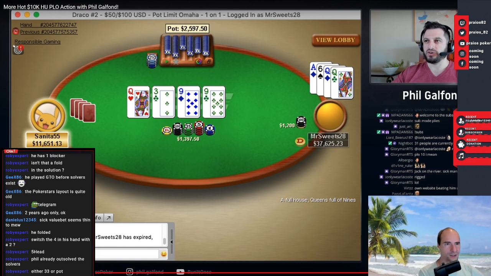So we are in a single raised pot. Queen, 9, deuce is the flop we have to take. We have ace, queen, queen, 6. And we should bet 100% about the sizing he chooses. So that's already correct. If he gets called and the turn is a 9, then he should